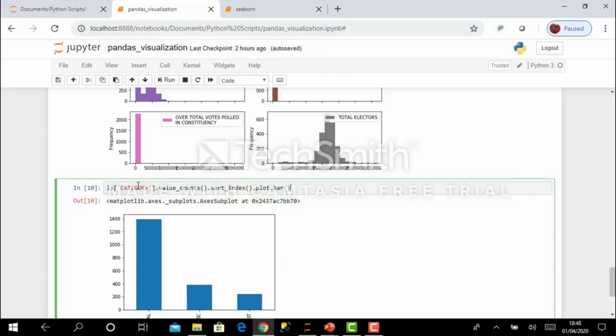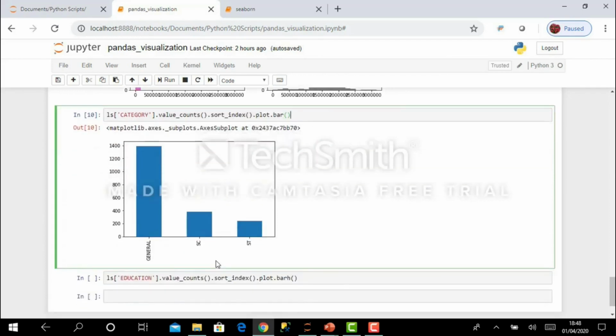Here category means the caste, so it can be general or SC or ST. There are 3 categories mentioned in the data set. For each category it is showing the number of occurrences. From this data you can understand that most of the candidates are from the general category, then SC, then ST.